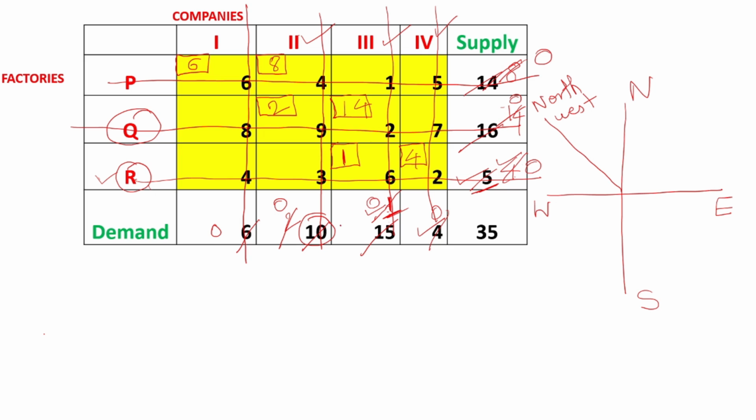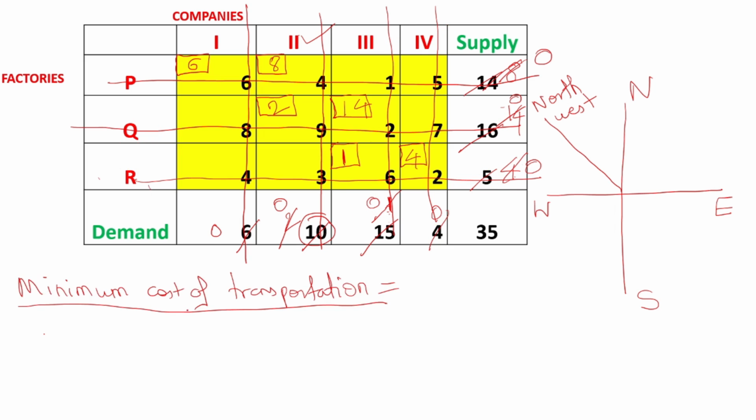So our task is to calculate minimum cost of transportation. So now how to calculate the minimum cost of transportation? Check the cells which are having corner rectangle. We have only 6 such type of cells: 1, 2, 3, 4, 5 and 6. So the ones which are marked with this green color symbol are only will be considered for the calculation. So how to calculate minimum cost of transportation? See the first cell. It is having a corner rectangle with the value 6 inside it. So consider that 6 into cell value is also 6.